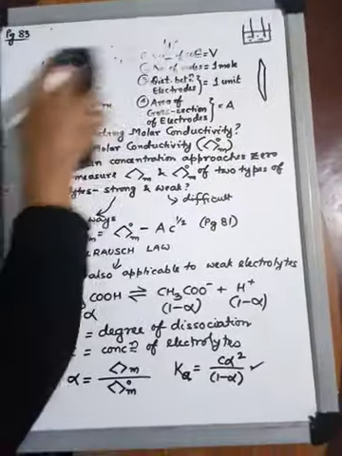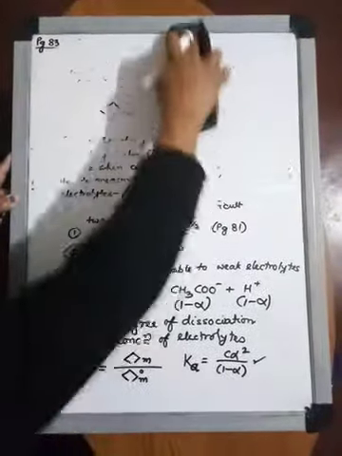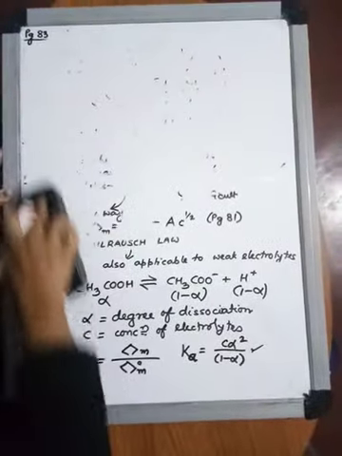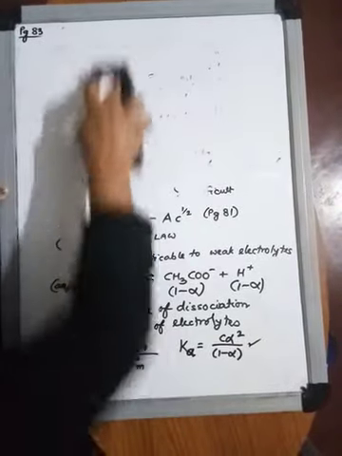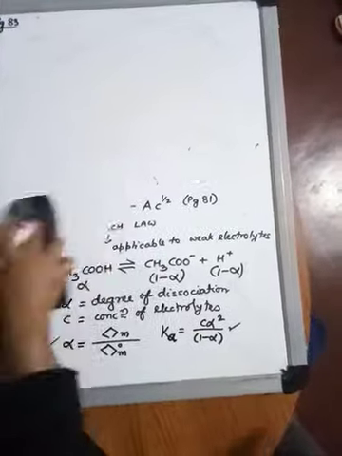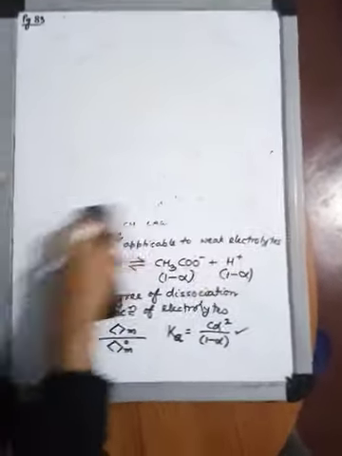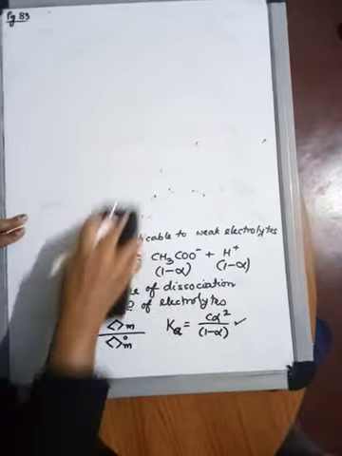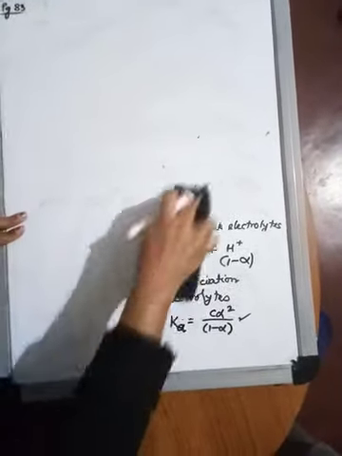So let us see sum number 3.8. In that sum, what is being asked and what are the data which is given to you? It is very easy. So just see the application of Kohlrausch's law. In Kohlrausch's law, if you will remember, whatever is the way in which they are dissociating, the lambdas are written in exactly the same way. If we get 2 ions, we'll multiply by 2. If 3 ions, we'll multiply by 3, and so on. So let us take this sum 3.8.